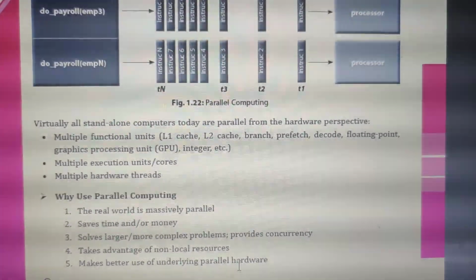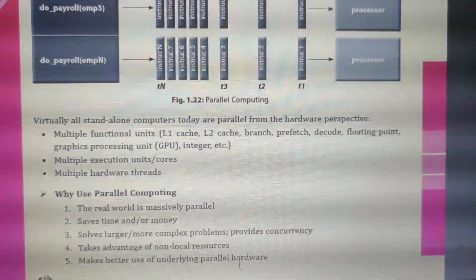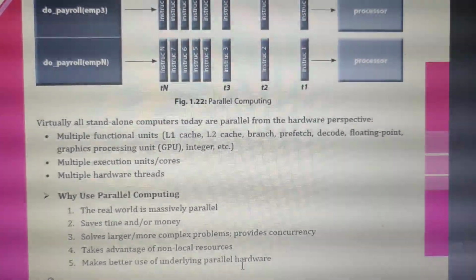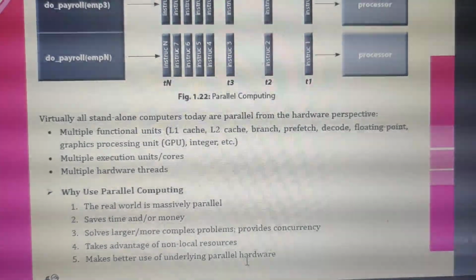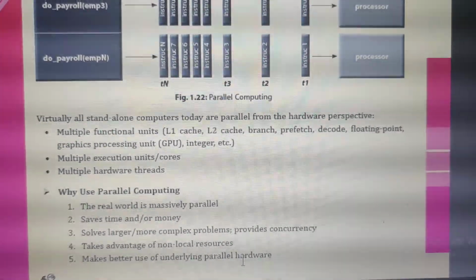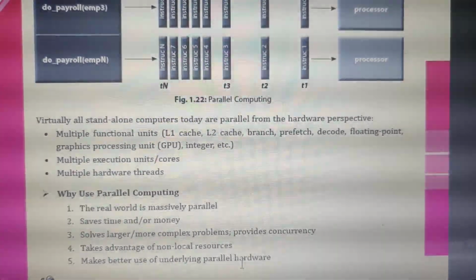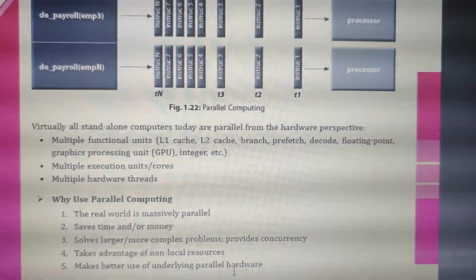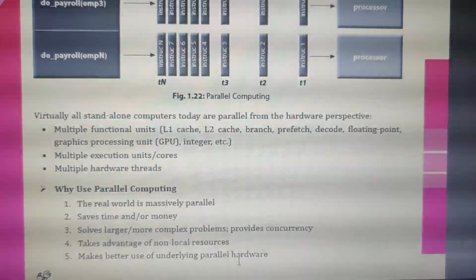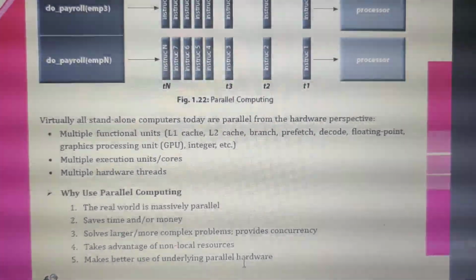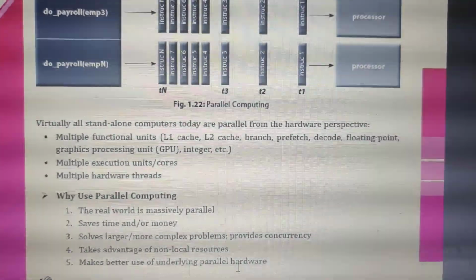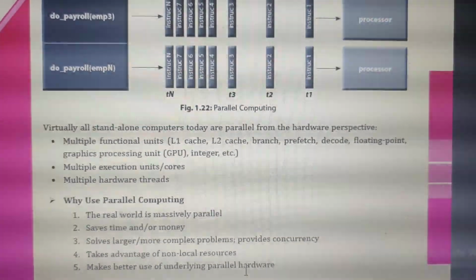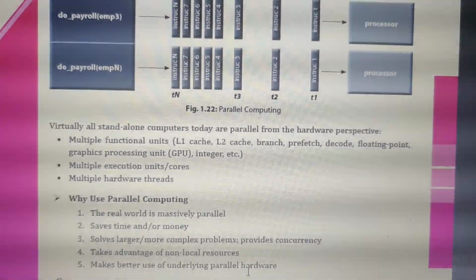A person who is a non-local resource can also take advantage of parallel computing, because it is not necessary to know everything about the technology. There are a few things you need to know, and after that you can use parallel computing. And the last point is that it makes better use of underlying parallel hardware. So here the topic is complete, and so is the chapter. I hope you are